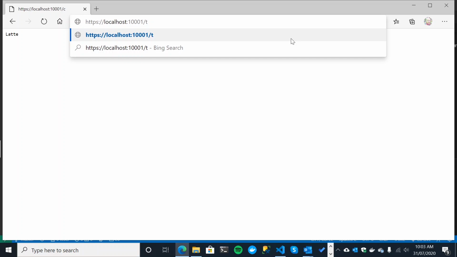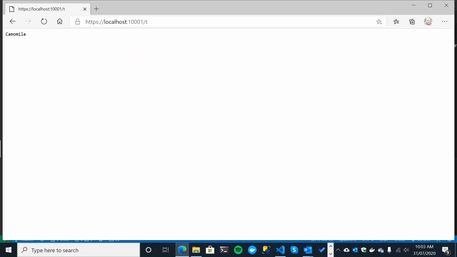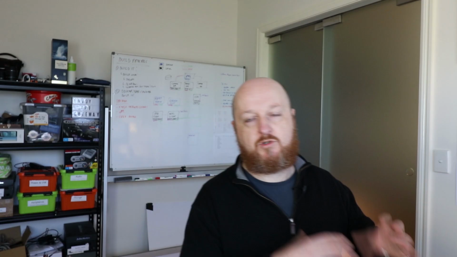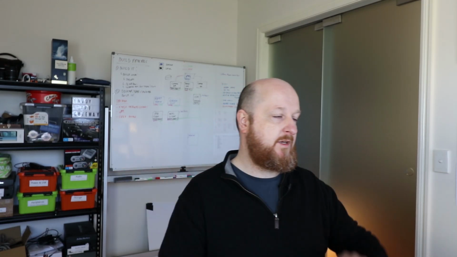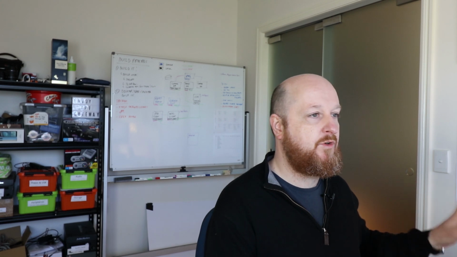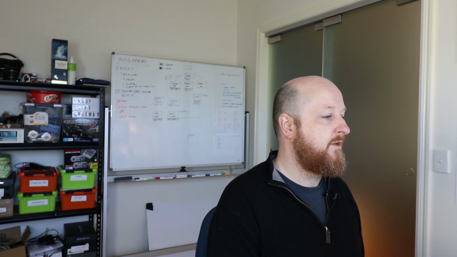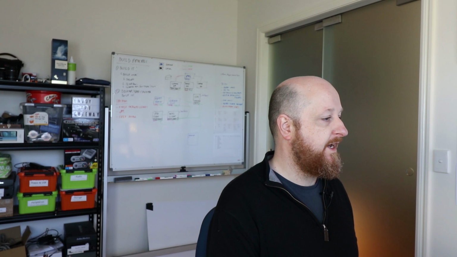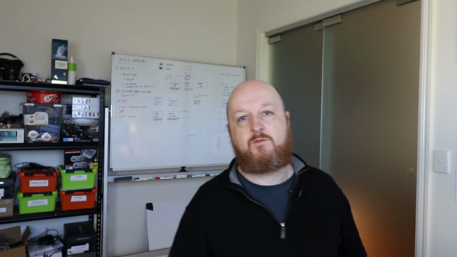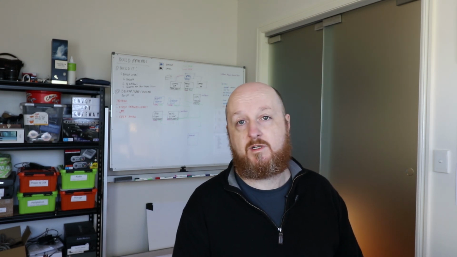Likewise, if you put in /t for tea, you can see that a similar thing happens. We go through to our Tea API. And we'll talk a bit more about the HTTPS termination and routing and all that stuff when we come on to that a bit later. Cool, so that's our demo. That's what you're going to end up with. Again, code is on GitHub if you want to check it out while you're following along.